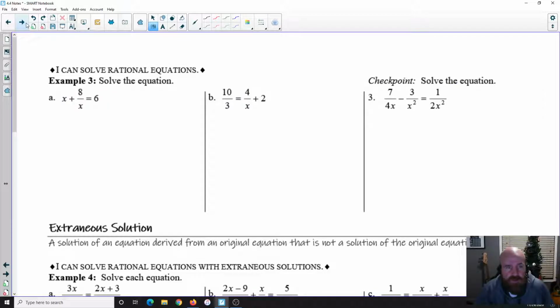Alright, example 3. So kind of the same situation here, but a little bit different because we have variables in the denominator, but we treat it the same way. Least common denominator in this situation is going to be x, because this has a 1 underneath and this has a 1 underneath. So if we multiply the entire equation by x, we'll end up getting what we want. So x times x, 8 divided by x times x, those x's cancel, we're left with 8, equals 6 times x,